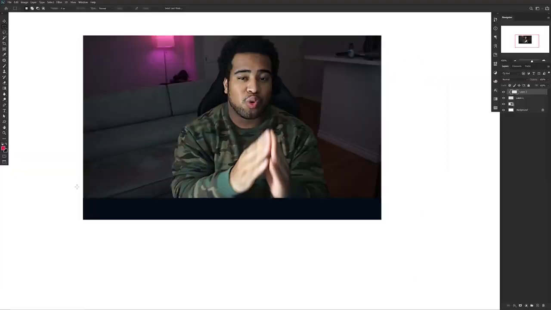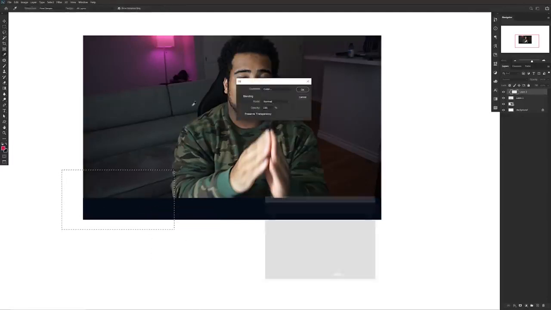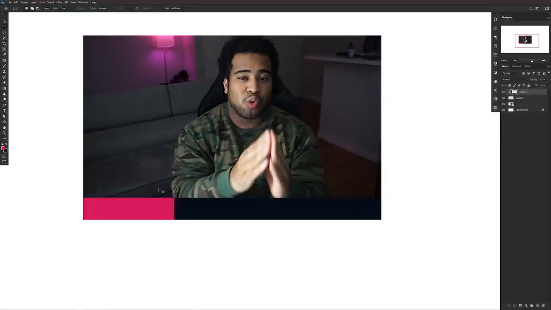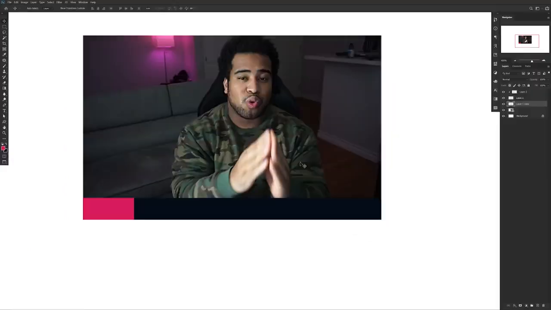Then use the shortcut M, rectangle marquee tool, to make another box and fill it with another color that will have your name or your logo in it. Of course, give it enough space so you can perfectly fit either your name or your logo inside. Then what I like to do is make a duplicate of the first original box by selecting the layer itself and, while holding Alt on my keyboard, dragging it right below the layer to make a copy. Then, using the down arrow key, separate it from its original position by a few pixels